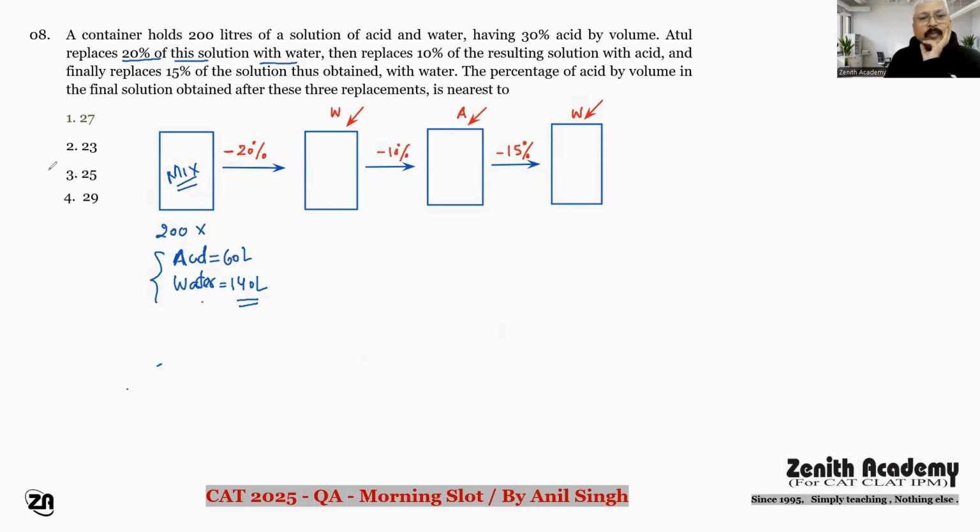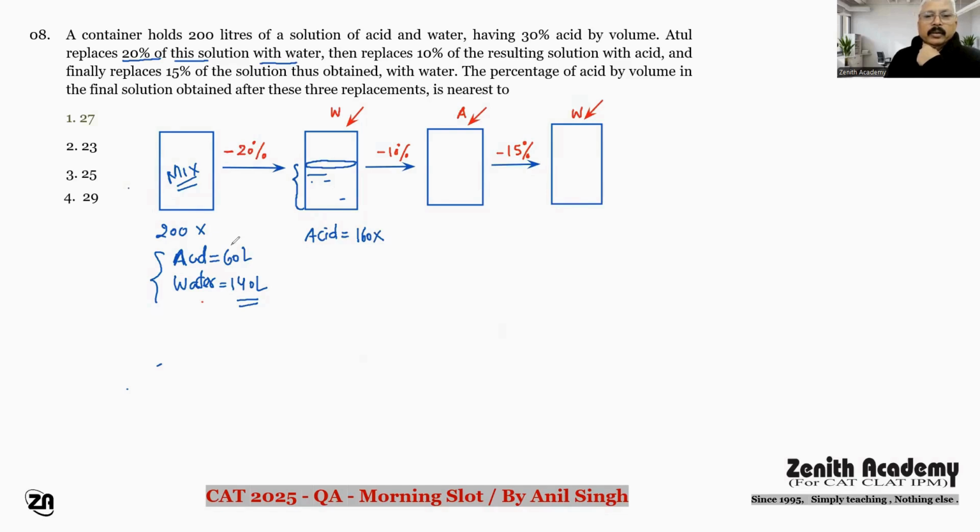20% solution गया है, so suppose अभी इतना बचा, this is, अब रिप्लेस किससे कर रहे हो, वाटर से। इस मिक्सचर में बिफोर रिप्लेसमेंट जो भी अमाउंट ऑफ एसिड होगा वही सेम रहेगा। आफ्टर रिप्लेसमेंट जब ये पूरा का पूरा फिर से 200 लीटर हो जाएगा, तो इसमें एसिड कितना है, एसिड होगा 200 का 20% मीन्स 40। सो ये पूरा का पूरा मिक्सचर है आपका 160 लीटर का। सो 160 का 30%,